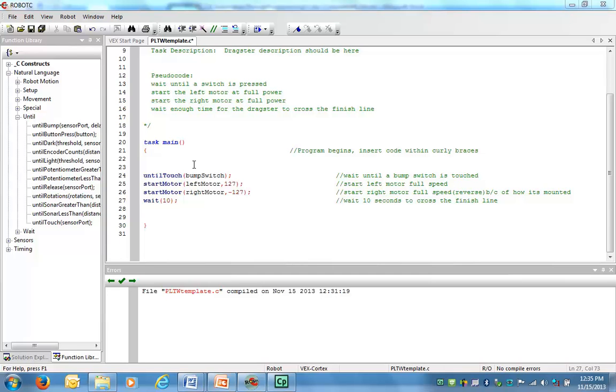Okay, so in this program, we're going to learn how to create a loop in our program. More specifically, this one is going to be looking at the while loop. So what I have in front of us right now is a program for our dragster project, which we just